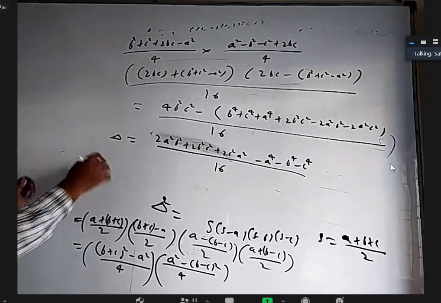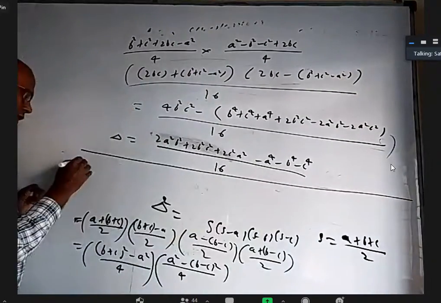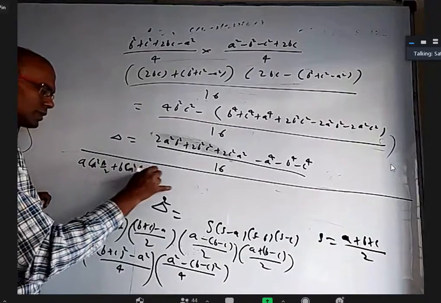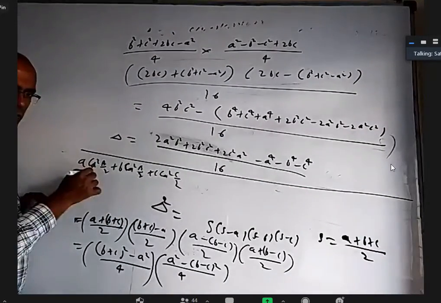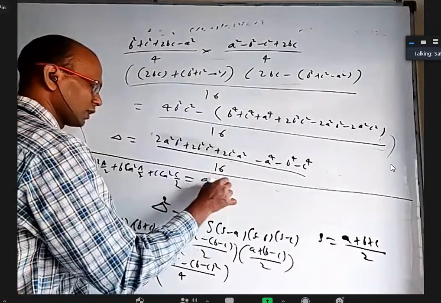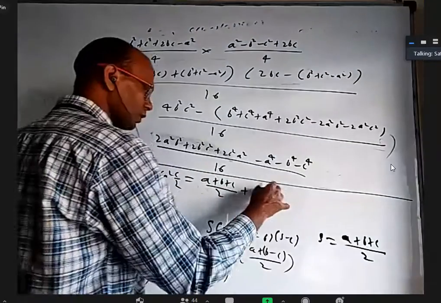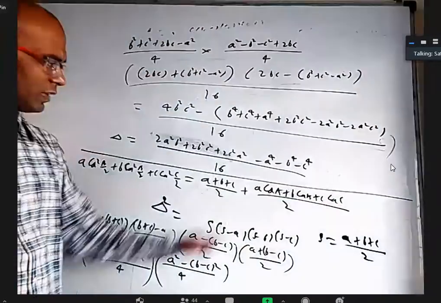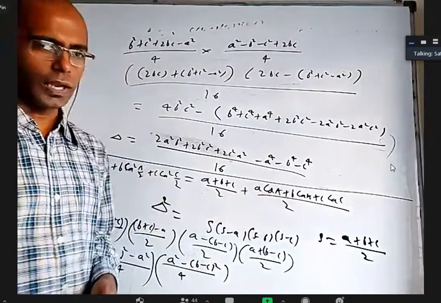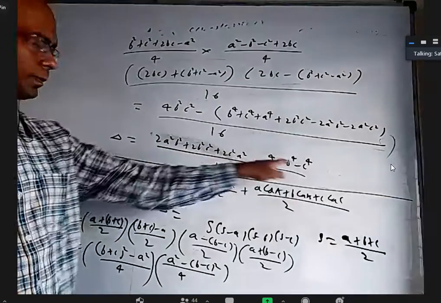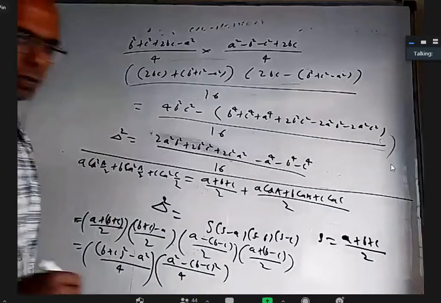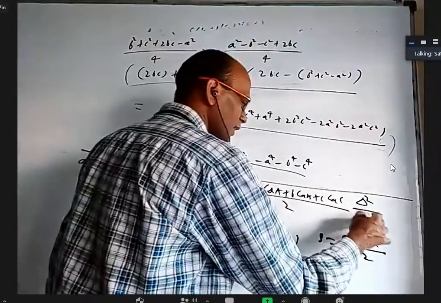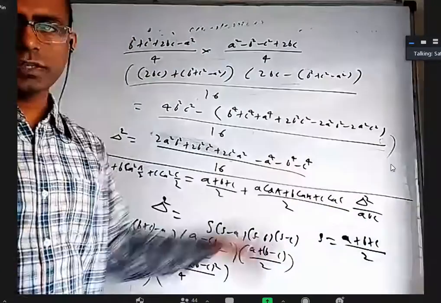What was our present question? A cos square A by 2 plus B cos square B by 2 plus C cos square C by 2. This we wrote 1 plus cos A by 2, 1 plus cos B by 2. After that, we got A plus B plus C by 2 plus A cos A plus B cos B plus C cos C by 2. If you really use projection rule and take LCM, your numerator is going to come this part, and that's going to be delta square. So you are going to get basically delta square. Denominator LCM, you are going to get some ABC, maybe into 16 or 8 or something.